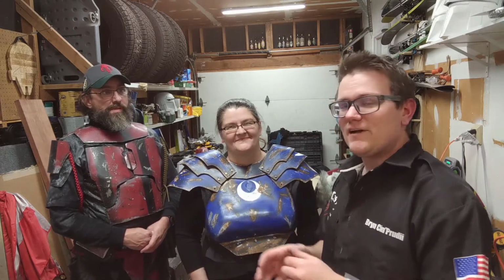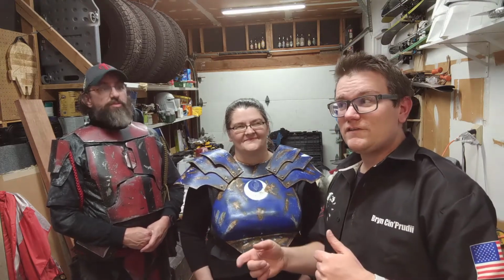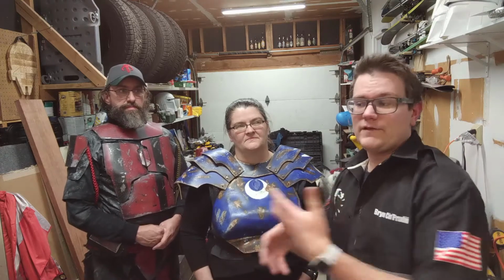Our weapons are our religion. The only major exception for our custom Mandalorians is lightsabers. There are only a small handful of lightsabers allowed for Mandalorians. I say small handful. There's one. The Darksaber. Some of you might have seen it on the season finale of season 1 of The Mandalorian. That's the Darksaber. So only characters that currently or have in the films carried that as a canon character can